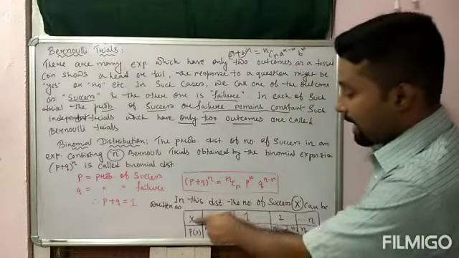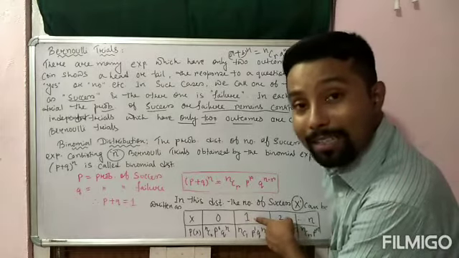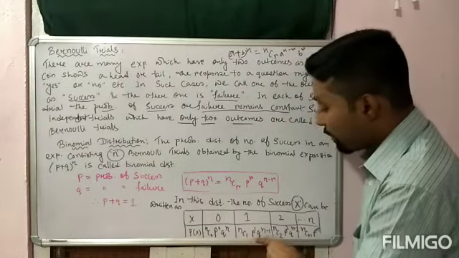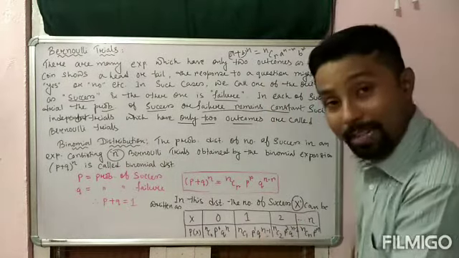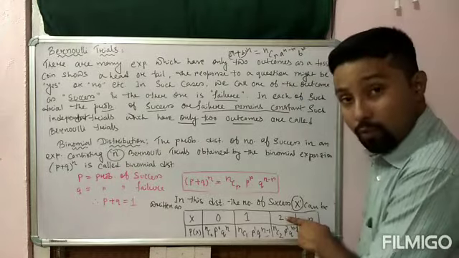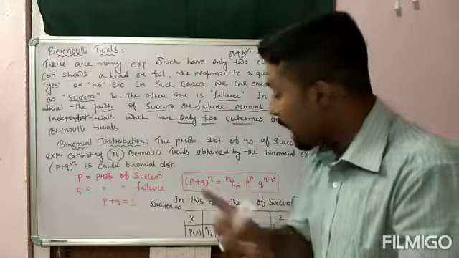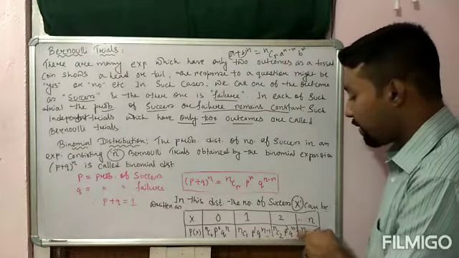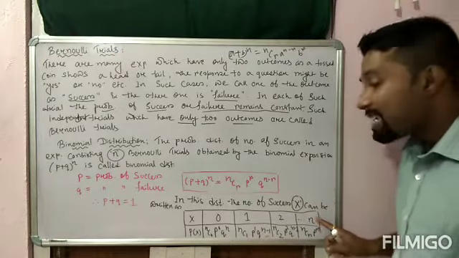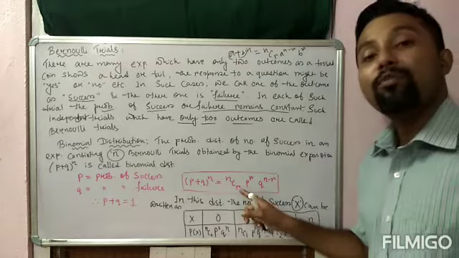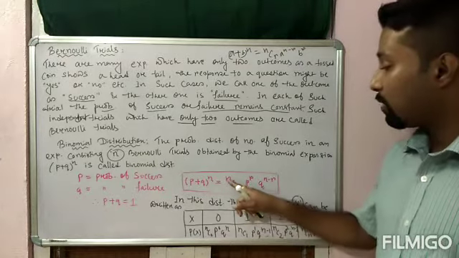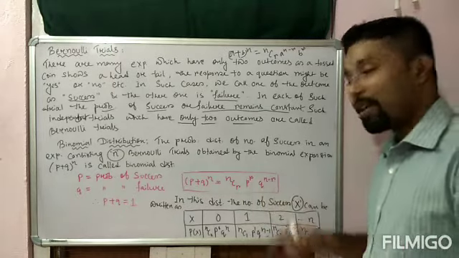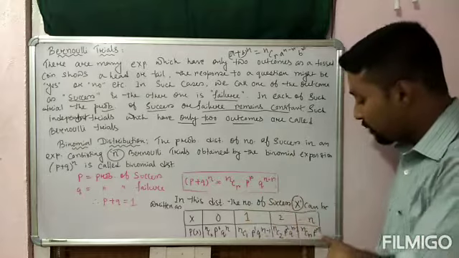So when x is 1, x equal to 1 का मतलब है r is equal to 1. So nC1 p to the power 1 into q to the power n minus 1. When r is 2, x का वैल्यू जो है वही यहाँ पे r का वैल्यू होगा. When x is equal to 2, nC2 p to the power 2 into q to the power n minus 2. And when r is equal to n, जब ये r का वैल्यू भी n होगा, then what will be the formula? nCn p to the power n into q to the power 0. q to the power 0 is 1, that's why no need to write q.